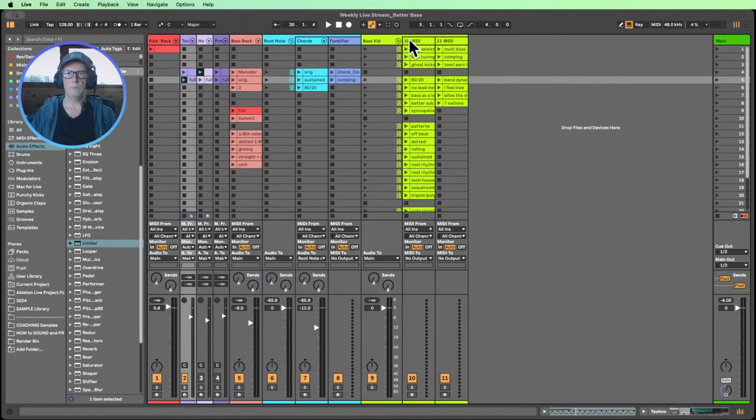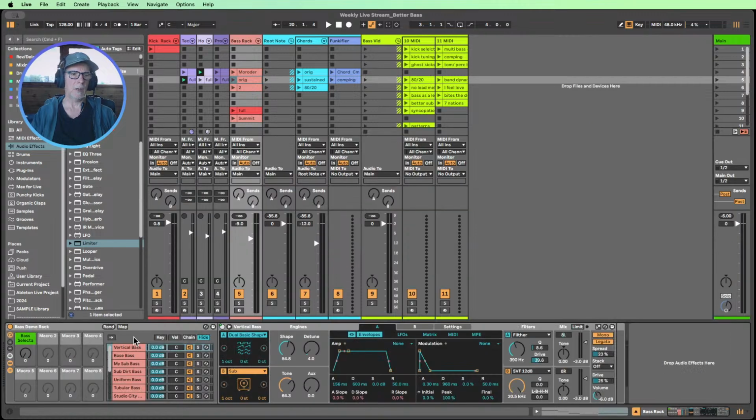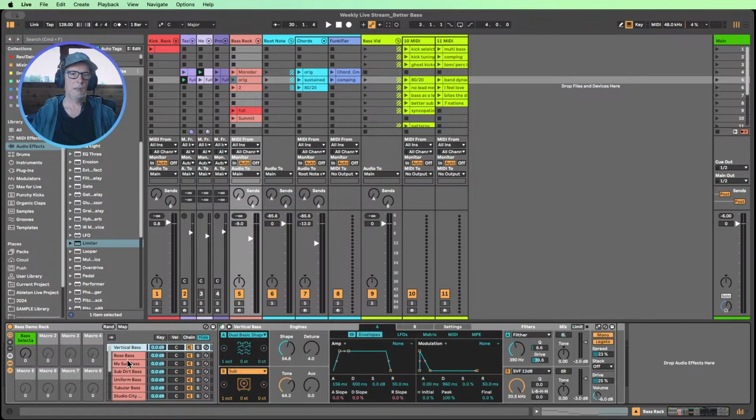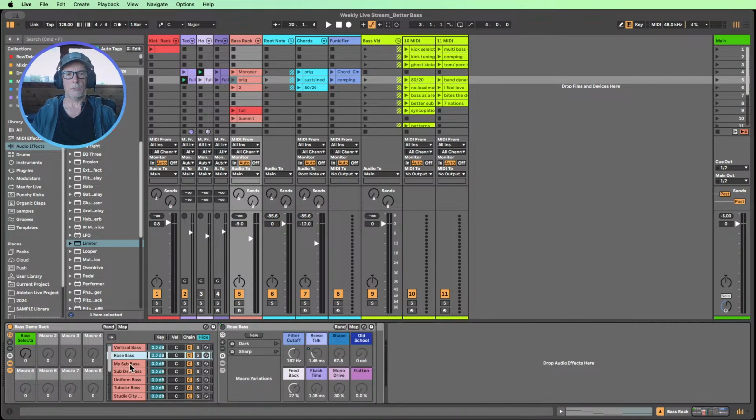And then over here on the right is all reminders for me to try and work my way through things to show you. I've also built a little rack over here, and this rack essentially contains different basses. They're all Ableton patches and presets, so if you hear anything you like, you can always ask me which bass was that, and I can show you. They're all from Ableton Live.